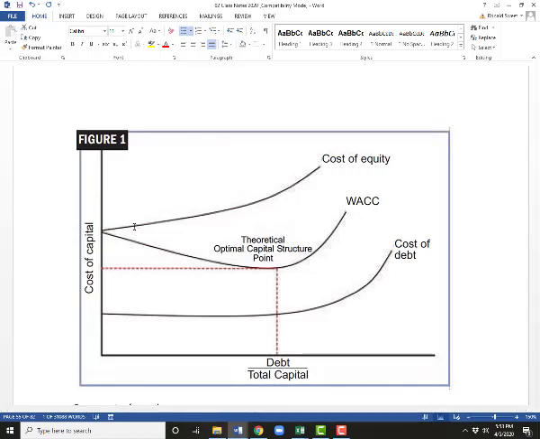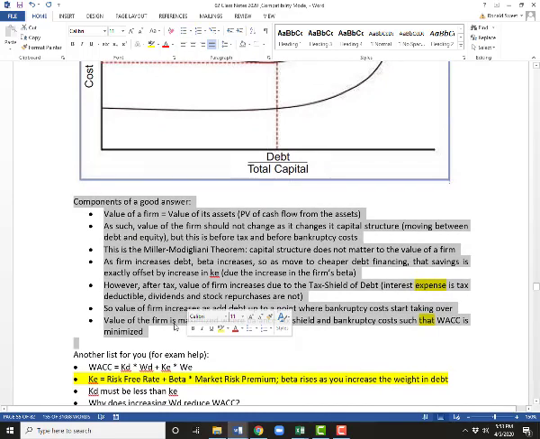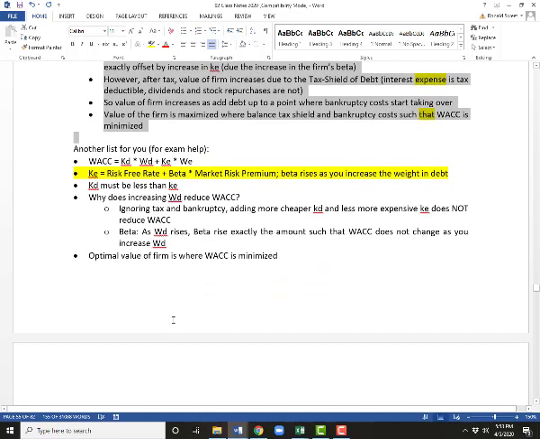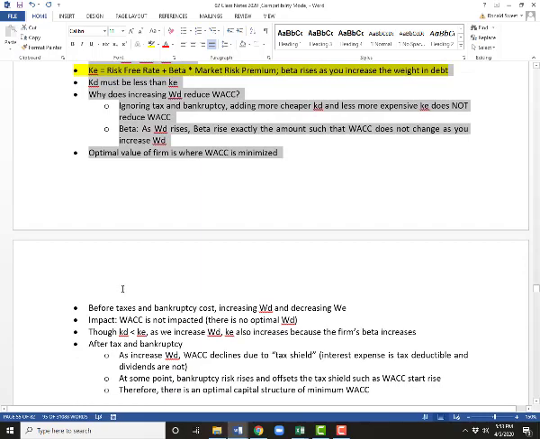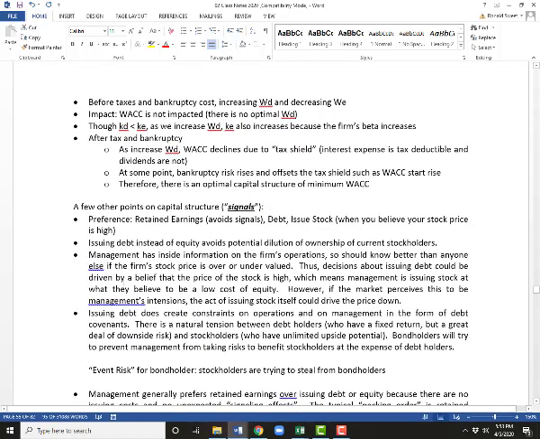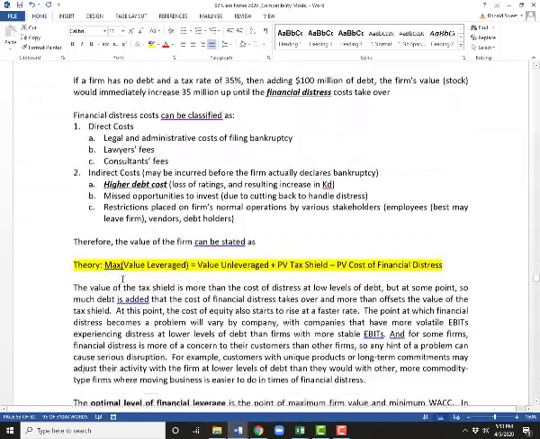Most students struggle with this. It's not an easy concept. You've got to go over it a few times. I think it's not as hard as it seems the first time you see it, mainly because there are just so many moving pieces. It's very logical and very well interconnected. I think that's why Miller Modigliani was so well respected. It's a very comprehensive, integrated theory that just makes a lot of sense. It's very logical, but it does have a lot of moving parts. So you might create a mnemonic that has all the moving parts in it to make sure you address each one of them. So if you go back to that original list I started in the notes,